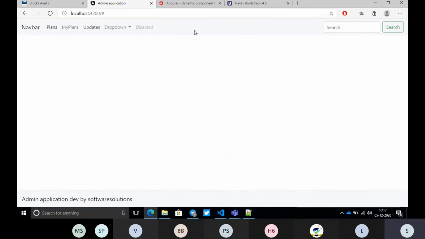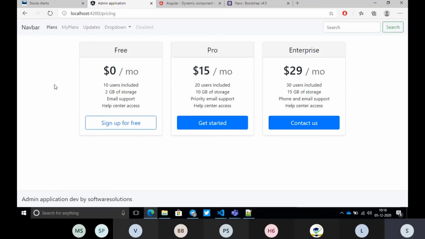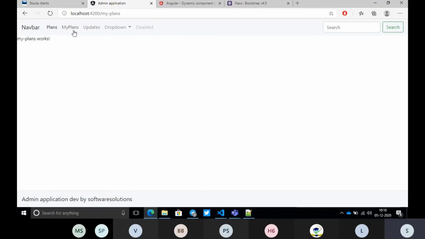But changing these things, styles and everything, will be your HTML work only. There is nothing related to Angular. If you want to add some colors, or increase or decrease font size, everything is related to HTML and CSS only. What Angular will do from here is, when we click on anything, which component should be loaded, and for any action, what should be loaded. These are the things we should learn, how to use the Angular components.